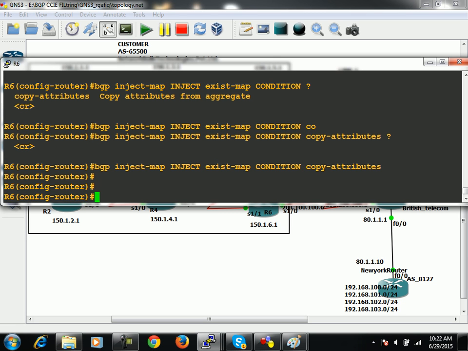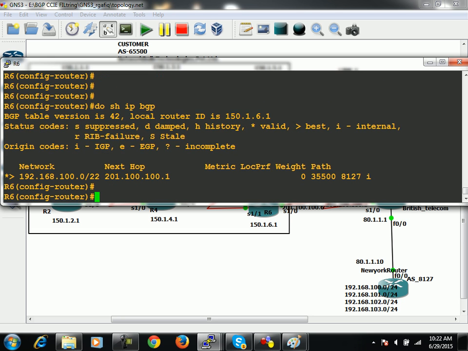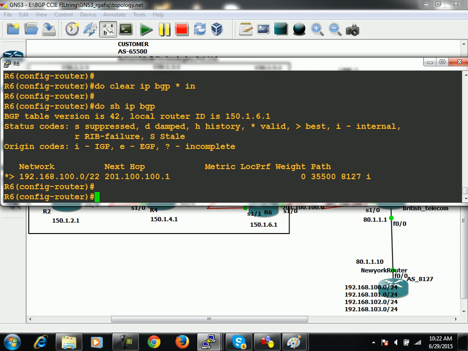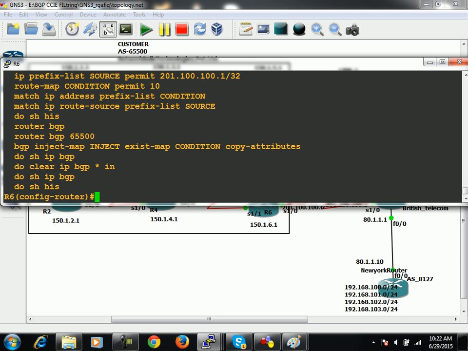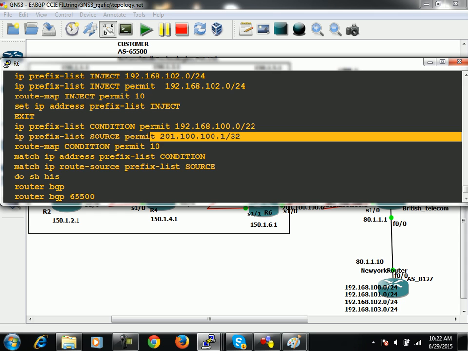So this is called conditional route injection. Do show IP BGP. Just wait for a moment. Say do clear IP BGP star in. Do show IP BGP. Oh my god, have we done some mistakes over here? 201.100.100.1/32, that's fine. Source